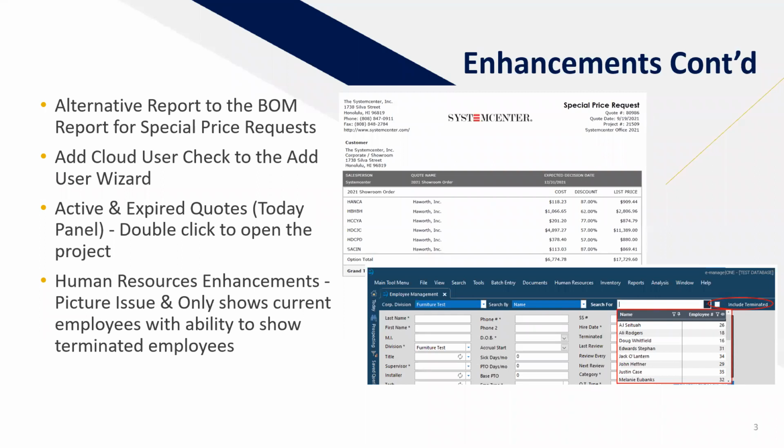We've made some enhancements to the human resources module. There was a picture issue. We did address that, so you can upload your pictures of your employees to their employee file and employee record. But more importantly, there was a little pain point there when it came to,